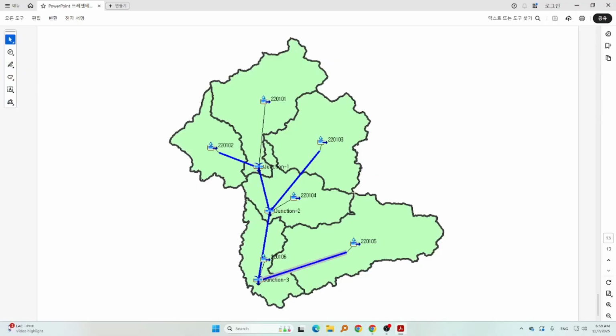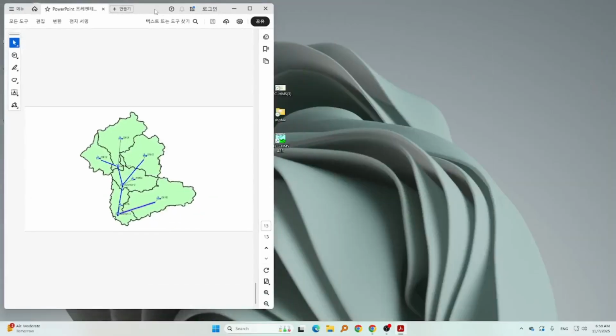Okay, so the only thing we're going to have to do is create these links and reaches and these junctions, and that's all you're going to have to do when you have a GIS file. So having a GIS file makes things easier. Okay, so let's have that